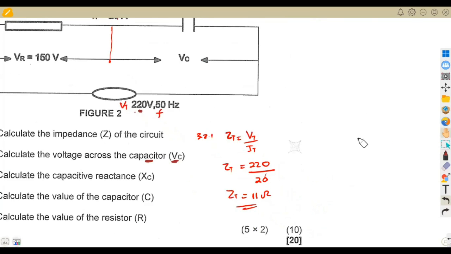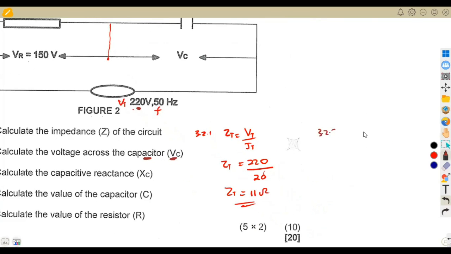All right, so this will be 3.22. The total voltage is a phasor sum of the given voltage, which is the square root of VR squared plus VC squared, depending on what you are given. If you are given an inductor, it will be VL squared. So from this formula, we can manipulate to calculate VC. We have VT in this case, which is the total voltage here of 220. So that's 220 is equal to